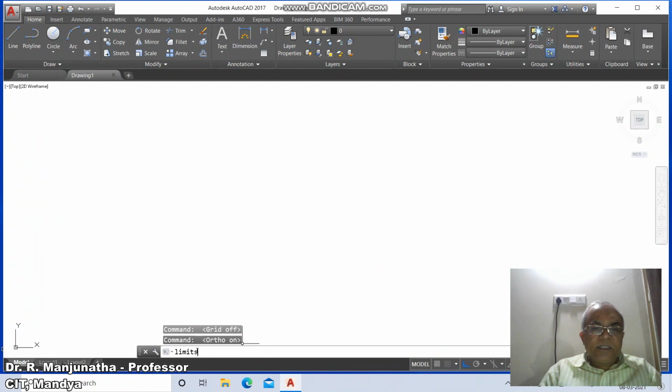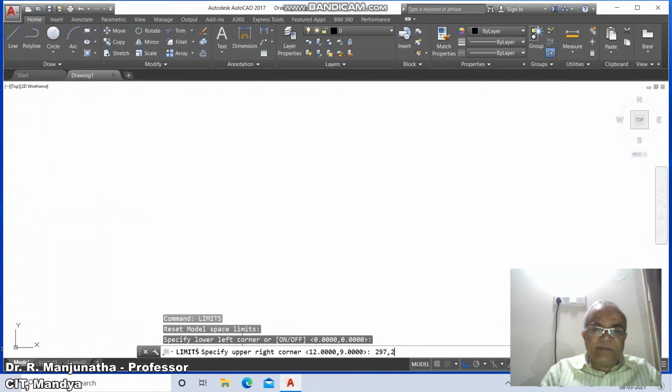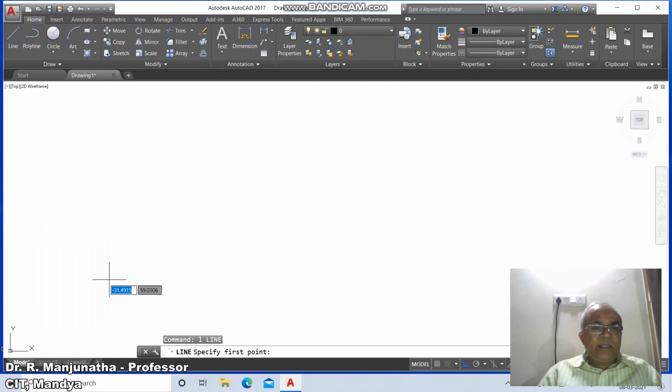Here, specify the lower left corner, which is 0, 0, enter. Upper right corner, you take 297, 210. Then zoom all. Then go to line, take some arbitrary point on the lower left corner of the screen and